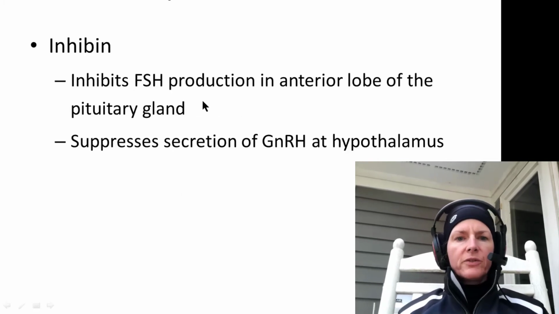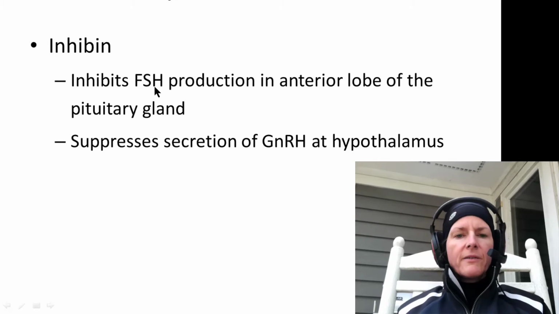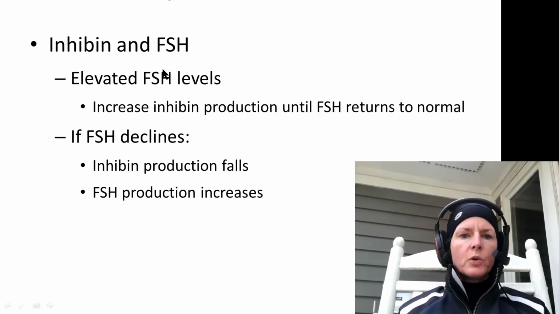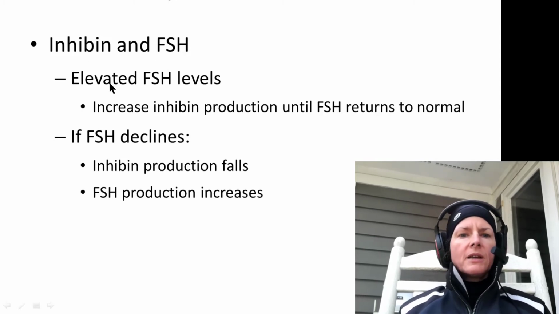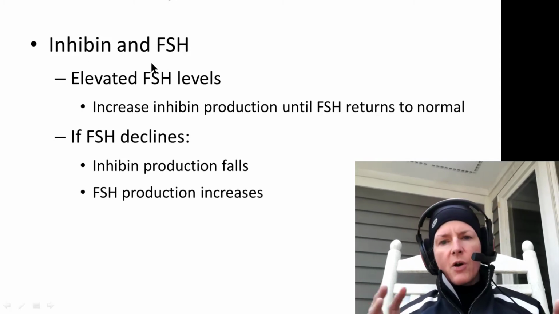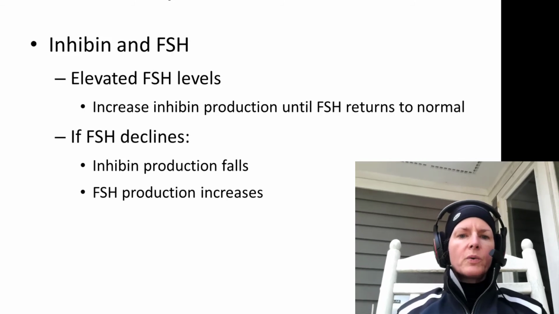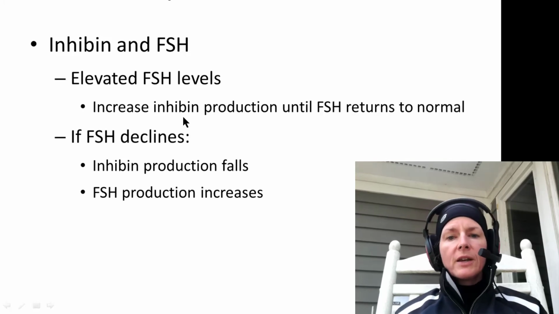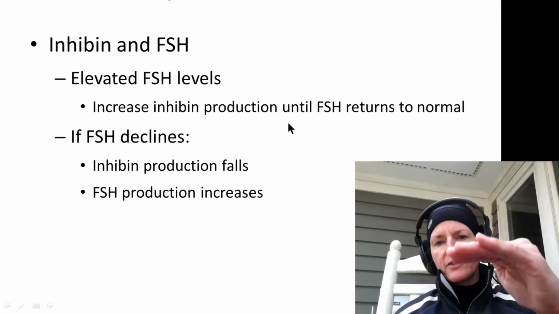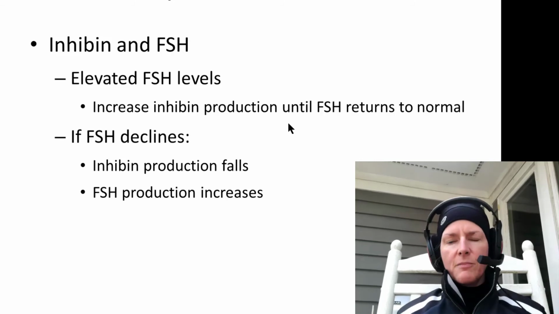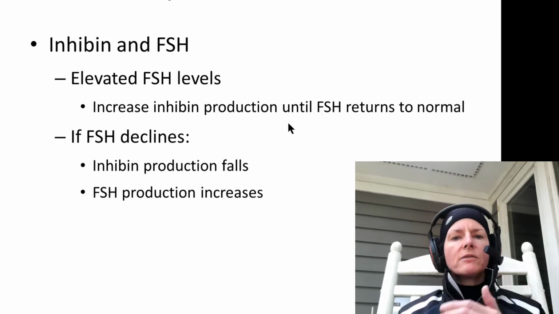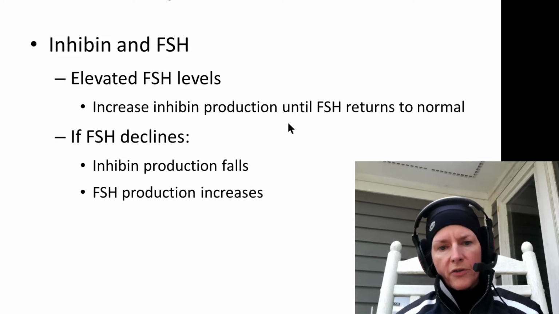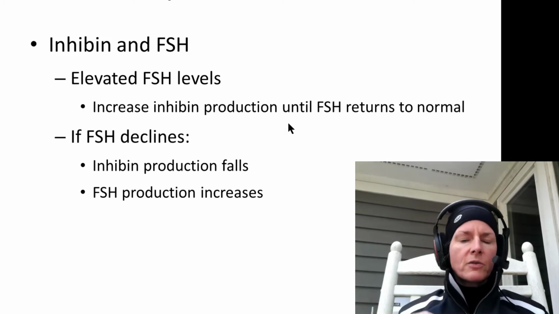So inhibin, as we've said, is going to inhibit both follicle-stimulating hormone and gonadotropin-releasing hormone. Basically, it's going to counteract FSH. Once we have elevated follicle-stimulating hormone, we're also going to increase inhibin production until our FSH returns. So this is kind of a negative feedback mechanism. And likewise, if we have low levels of follicle-stimulating hormone, then inhibin production will also fall, and then follicle-stimulating hormone